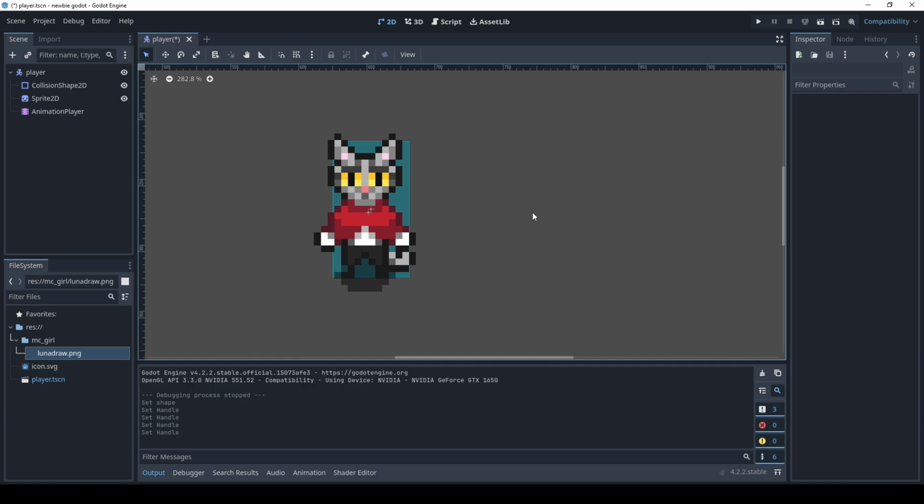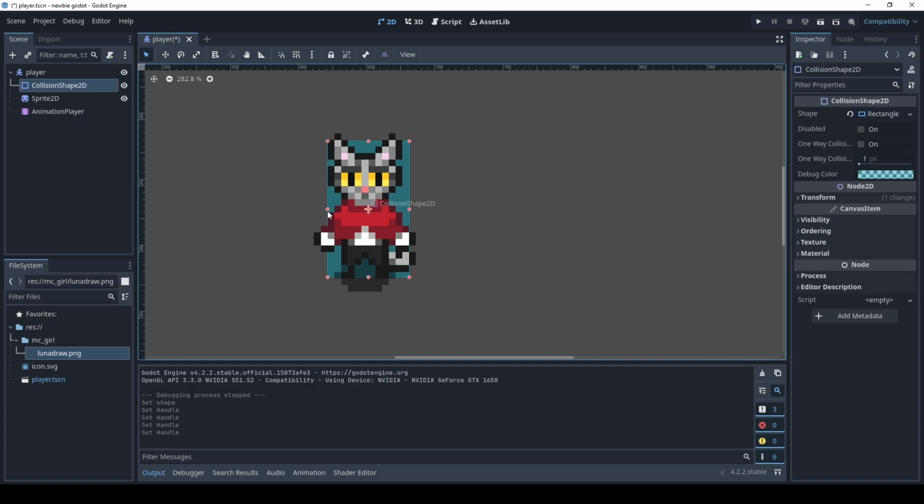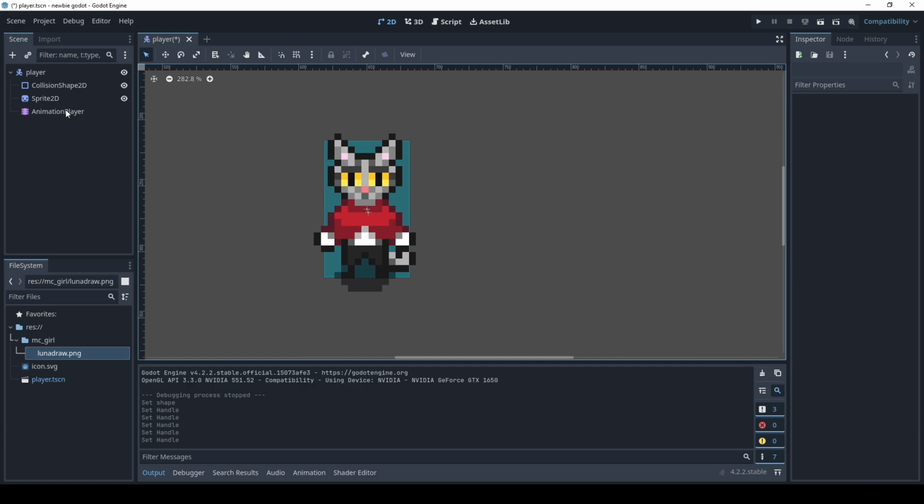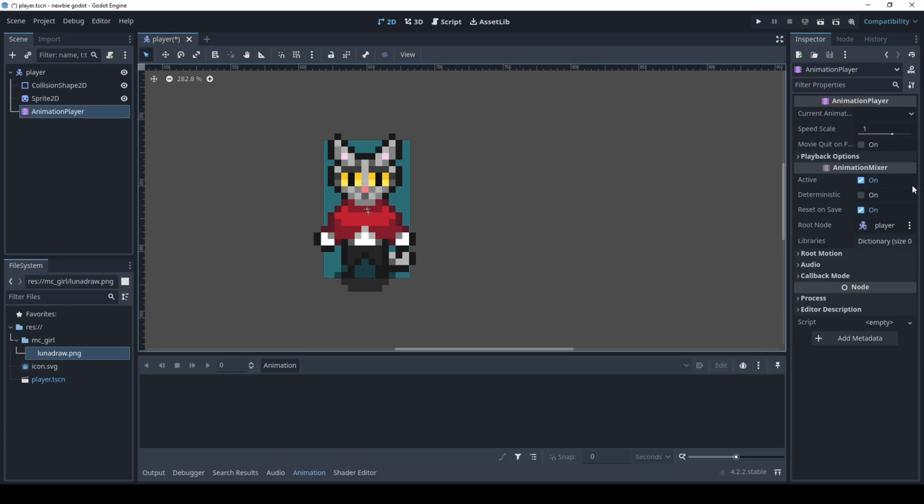Okay, why is it not really good though? Okay, move to the animation player. See this, so I'm gonna share with you how to animate. So just click the animation player, and then at the bottom tab here, there is an animation tools button, just click on it and new. So we name it based on the animation, of course. So like I previously mentioned, let's start with idle down.